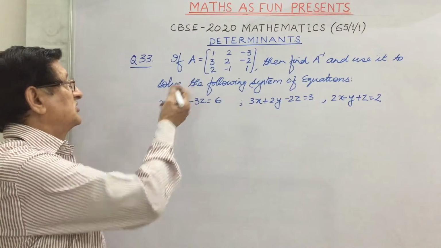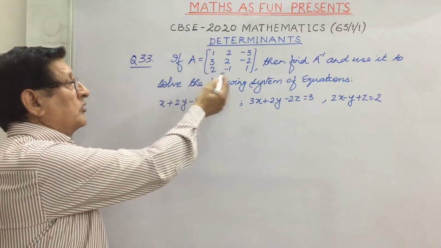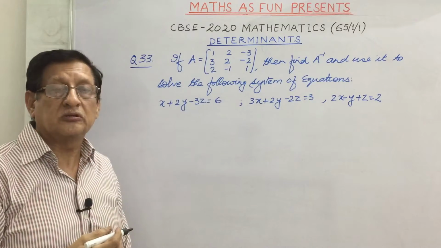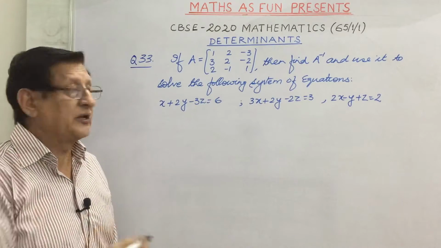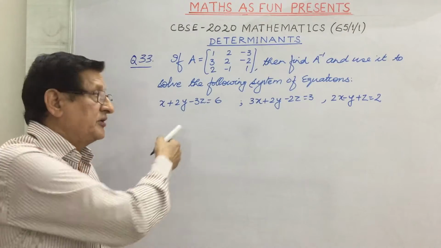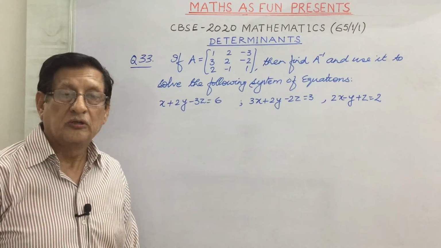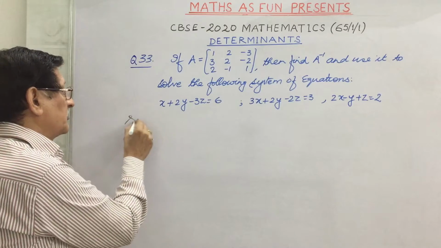Next question from this chapter was question number 33. If A is equal to a matrix of order 3 into 3 is given, then find A inverse and use it to solve the following system of equations. 3 equations have been given to you in 3 variables. To find the solution of such problem,